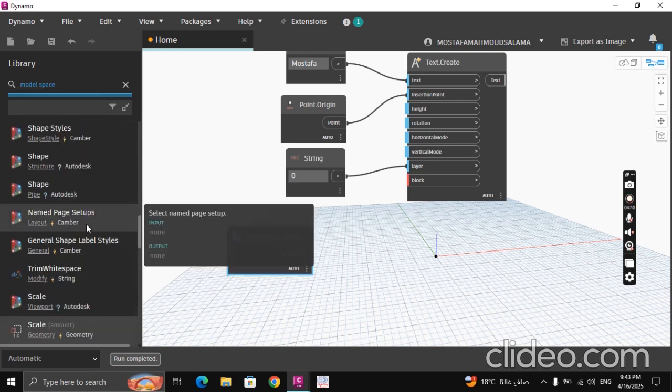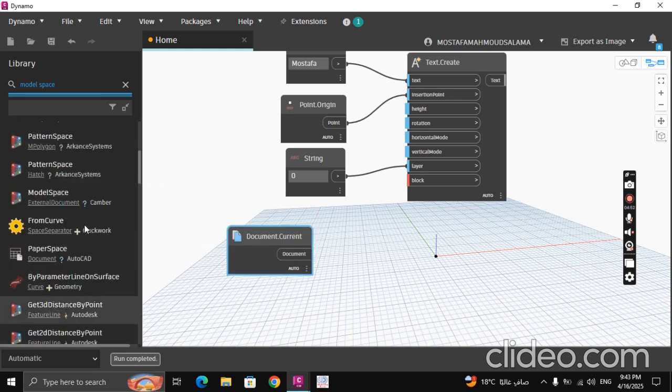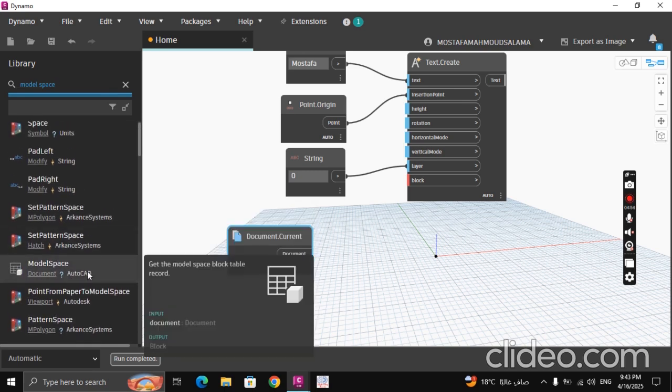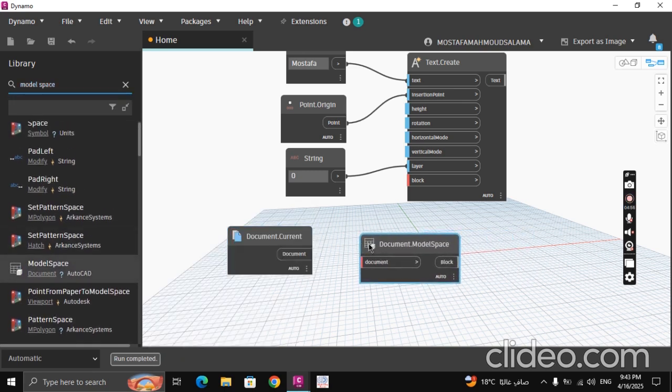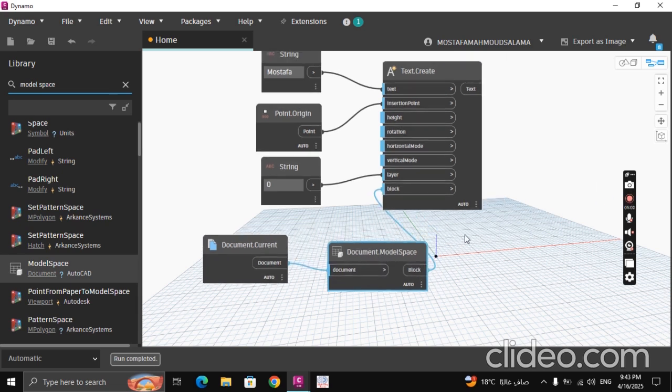and find it here. Yes, this is exactly what I want. So I'm going to connect this node to this one, and connect this to this one, and